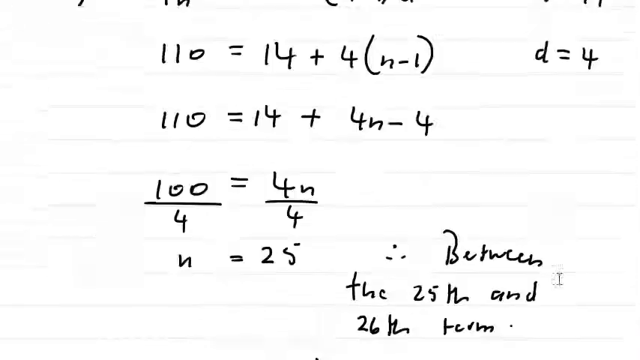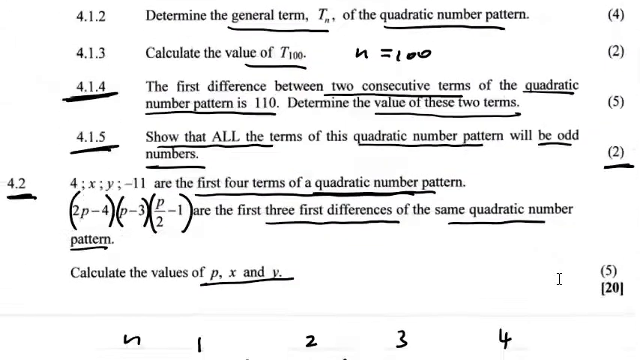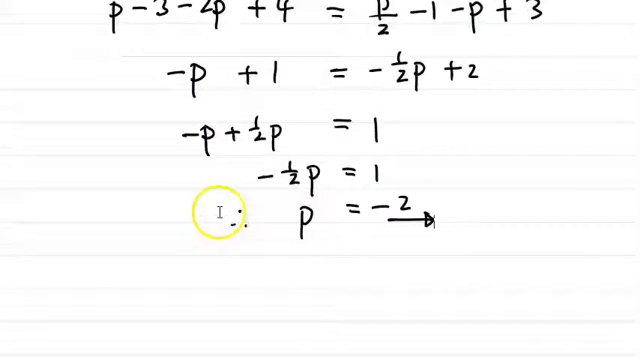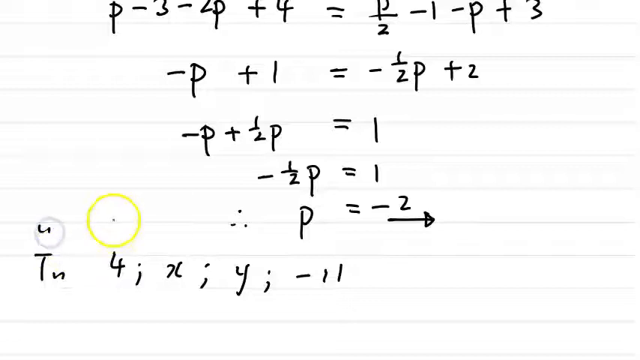Now we need to find x and y. Right, so let's go back to the question. What do they tell us here? Right, so now we know that we got 4, x, y, and minus 11, and these are the first three differences. Let's write that down. 4, x, y, and minus 11. Now don't forget that this is my sequence Tn, so that's n, so that's first term, second term, third term,